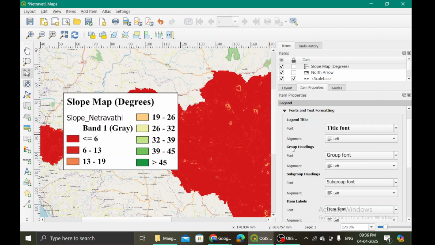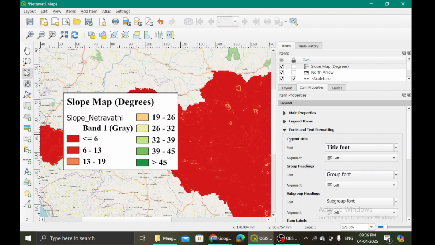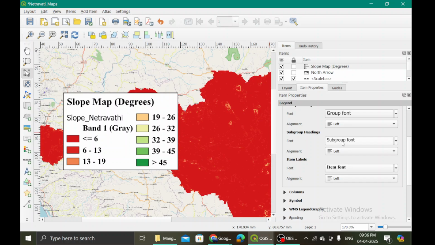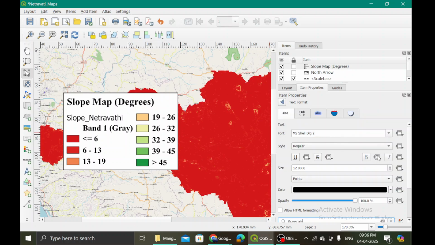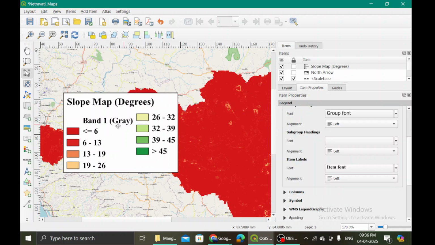Okay. Let me try doing something like this. Just reducing the font size. So title font, I want the item font also. This subgroup font, if I make it 0, okay, it's gone. So the moment I make it 0, it's gone, right? You will see that this has gone.